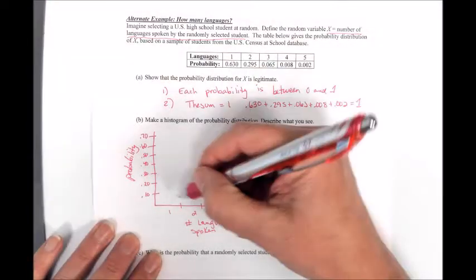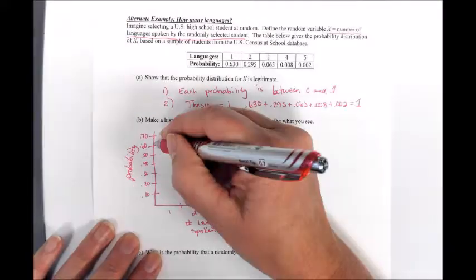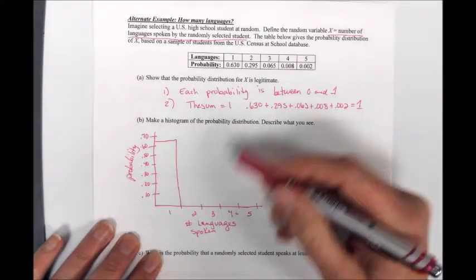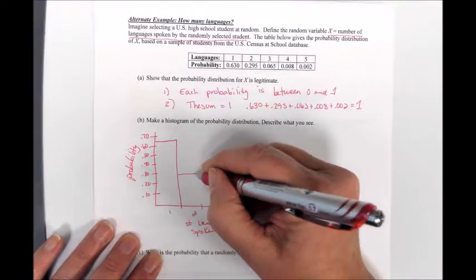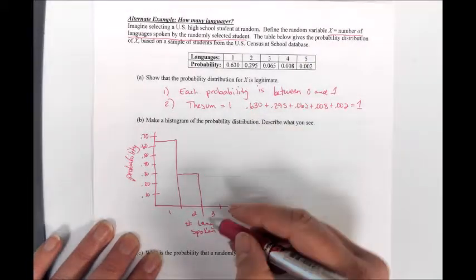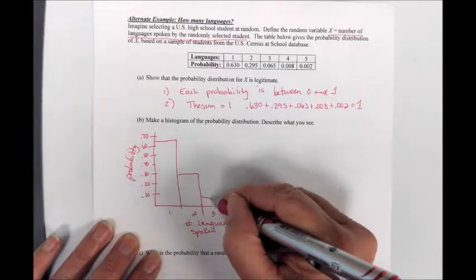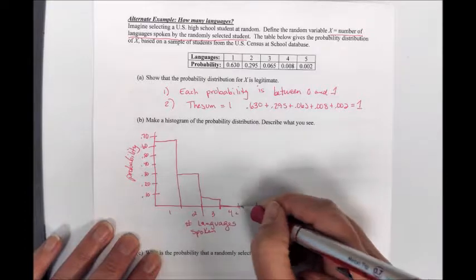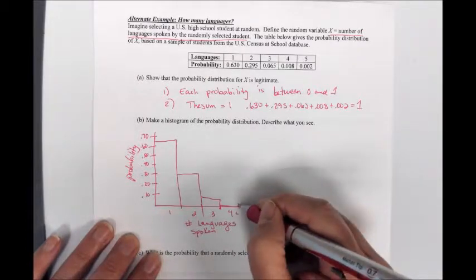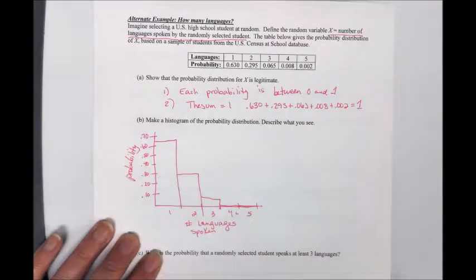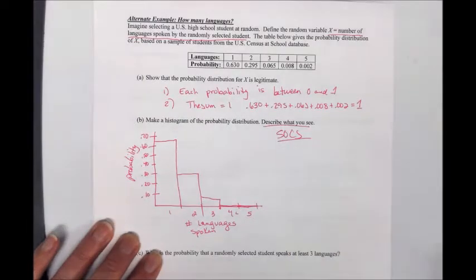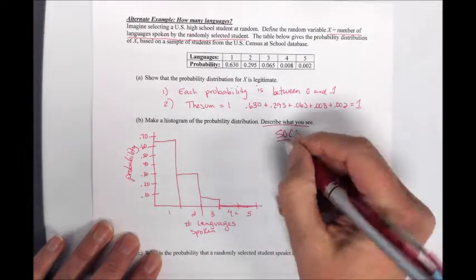So I'm always labeling not just the numbers, but what the numbers stand for. So my first one is 0.63, so about right there. And then my second one is 0.295. And then 0.065. Then these are probably barely even legible. They're so small. So they're there, but they hardly have any height at all. Again, describe what you see. Don't forget your SOCS. So shape, distribution,